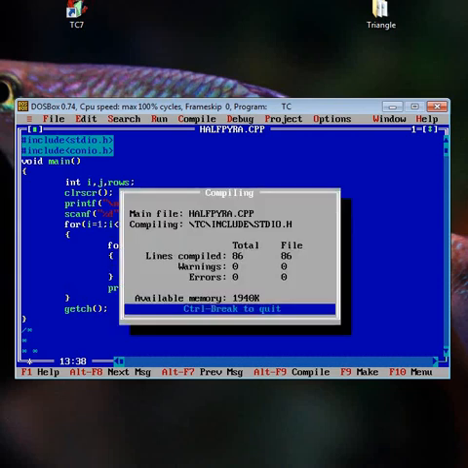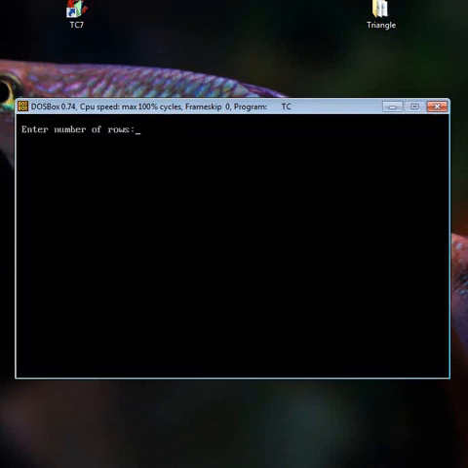Let's check. So enter how many numbers, that is 5. Okay, so this is our desired output.